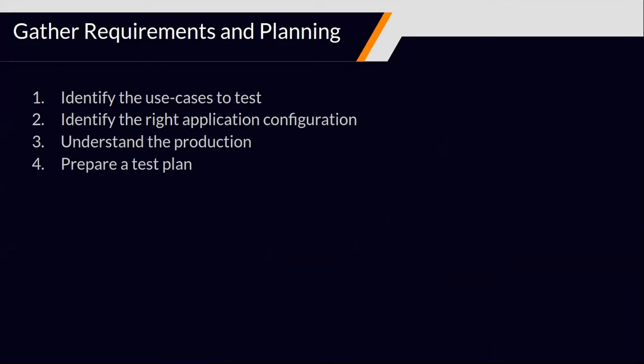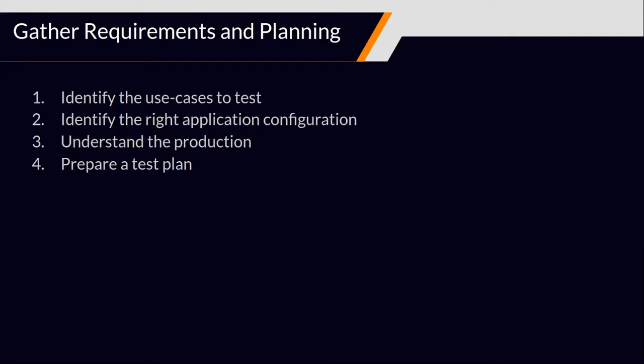Now coming to the details of the steps. Here, as I said, we'll first gather the requirements, after which we'll configure our application. And here we'll have to configure it with different modes so that we cover every aspect of that application, because in one aspect of the application it might perform well, but in another aspect it might break altogether, which is not advisable to happen during production. So it's better that we fail our application as many times as possible during our testing, so that it's robust in our production.